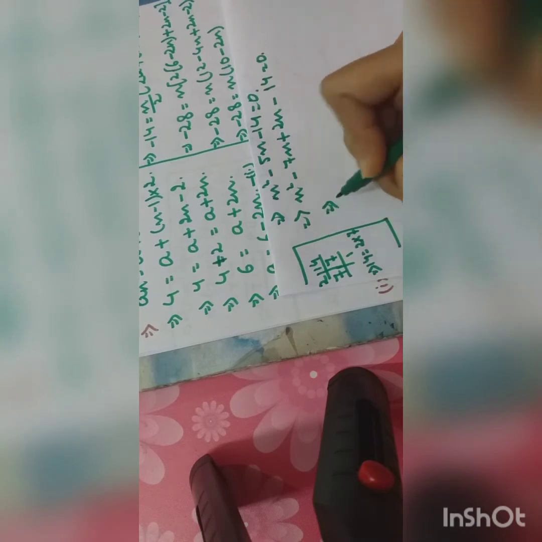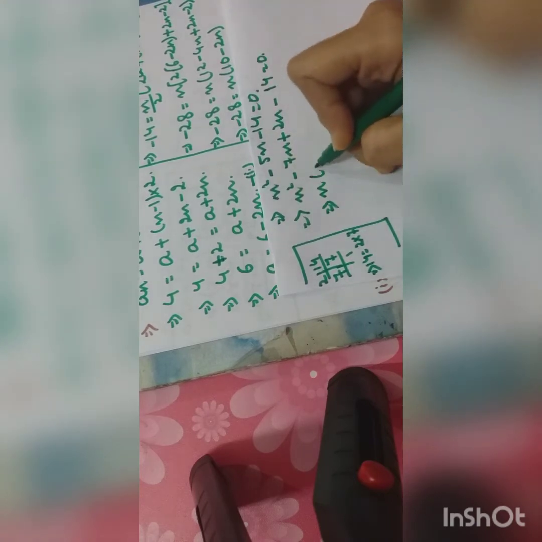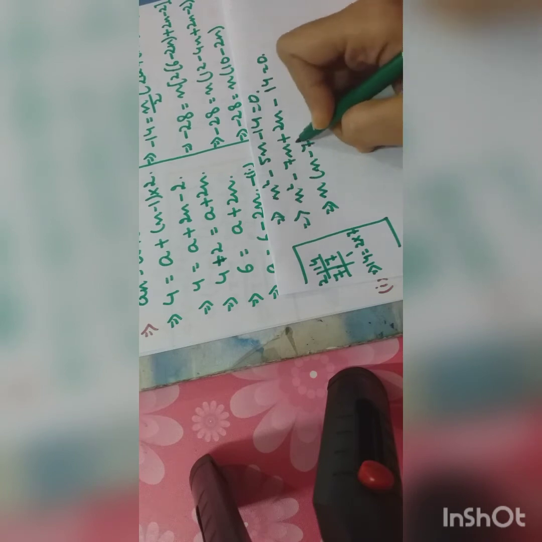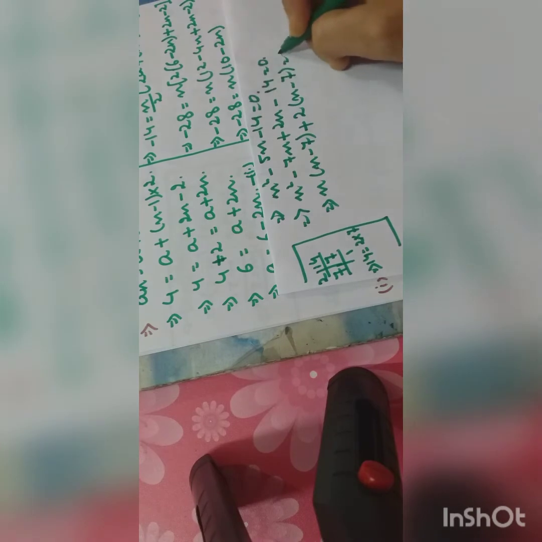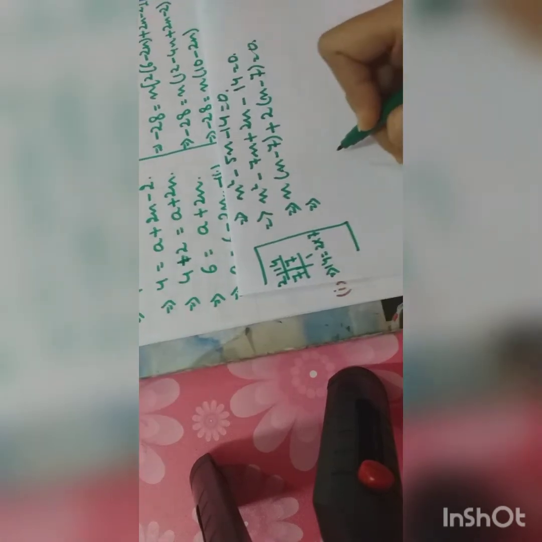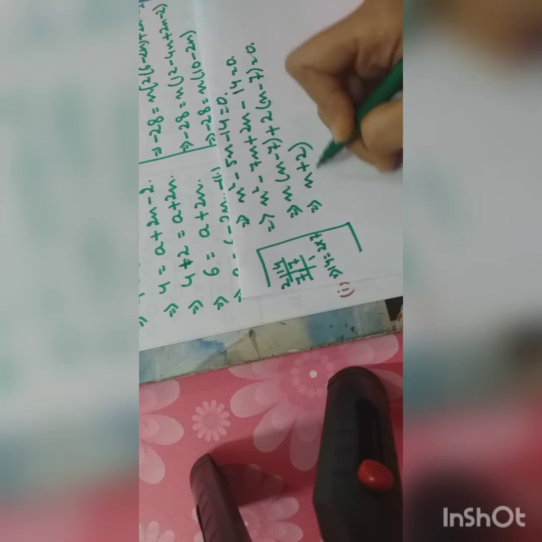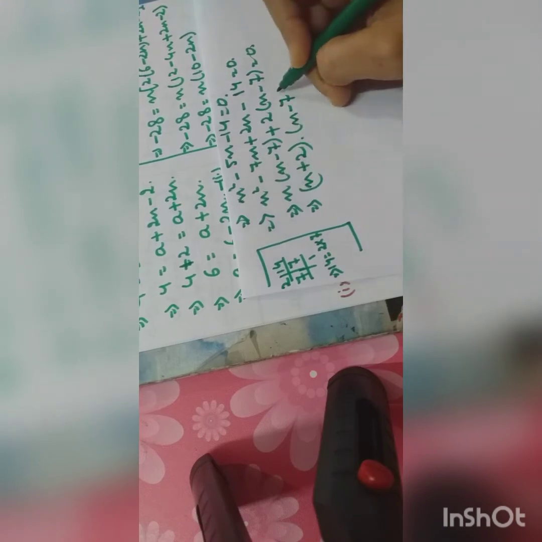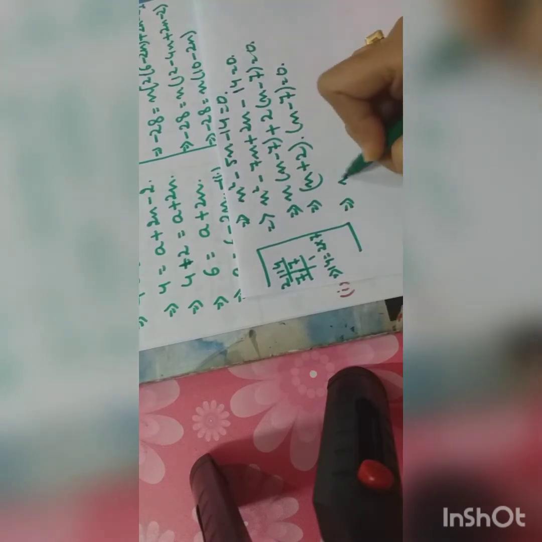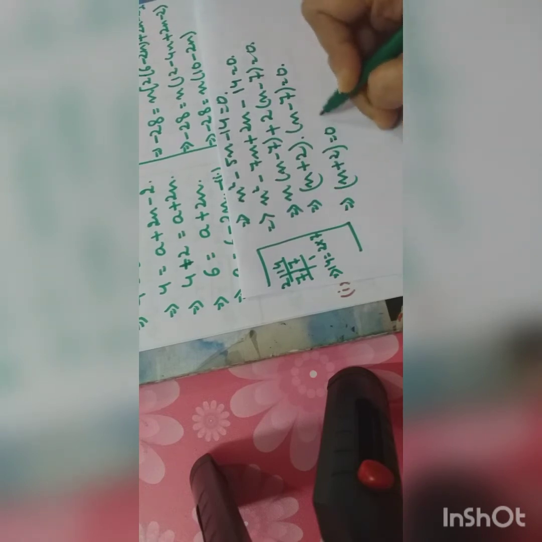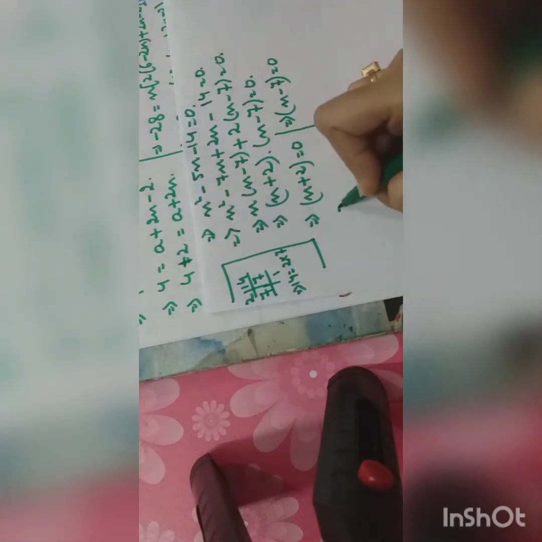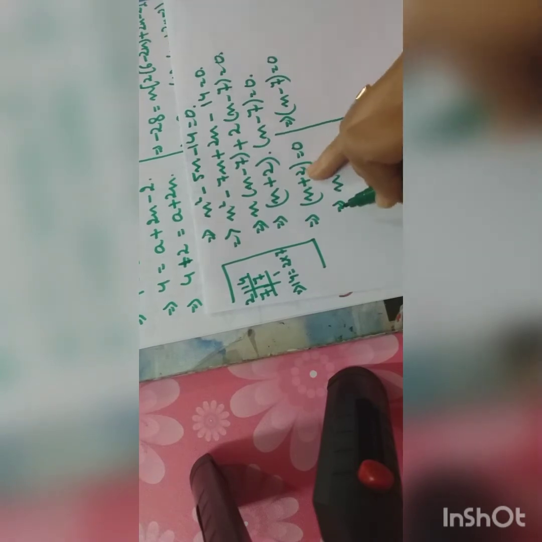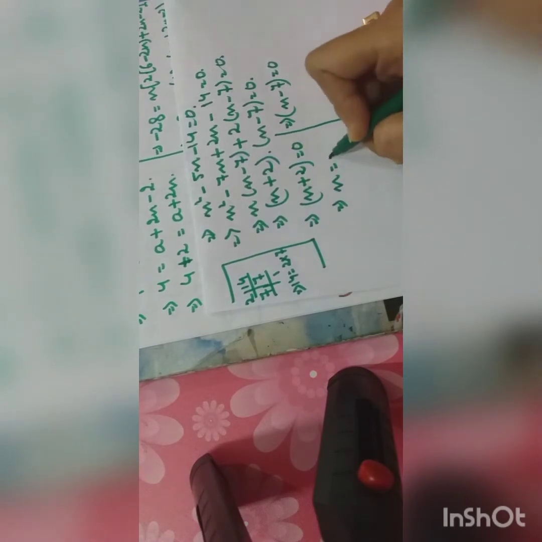In the first two terms n is common, so I am taking n common, so n minus 7, and in the last two terms 2 is common, so n minus 7 equals 0. When I simplify, it will be n plus 2 into n minus 7 equals 0. I have to equate n plus 2 equals 0 first, and n minus 7 equals 0. Quadratic equation, we will get two values of n. So here it will be n equals plus 2, and when it comes to the RHS side, it will be minus 2.